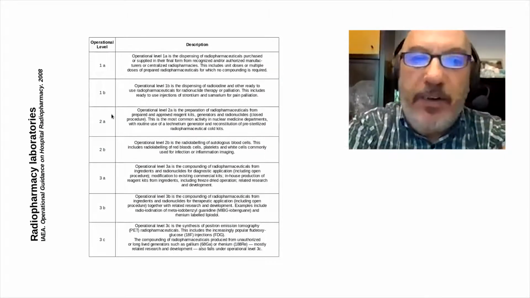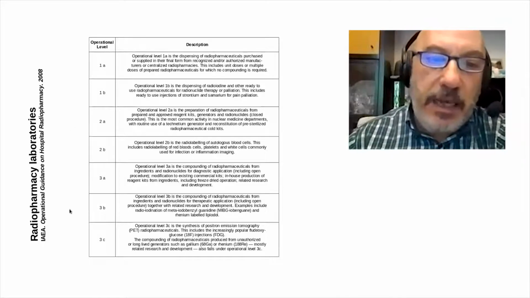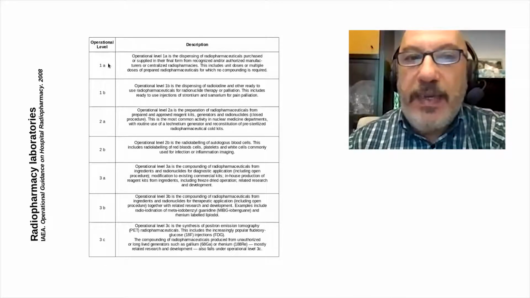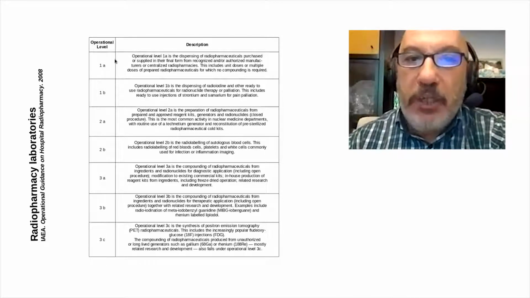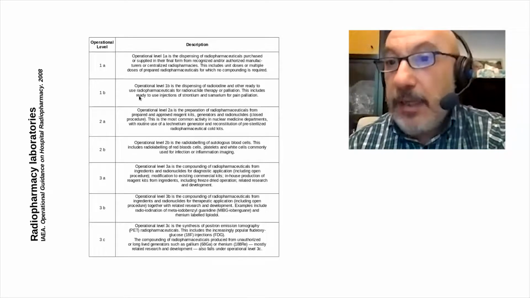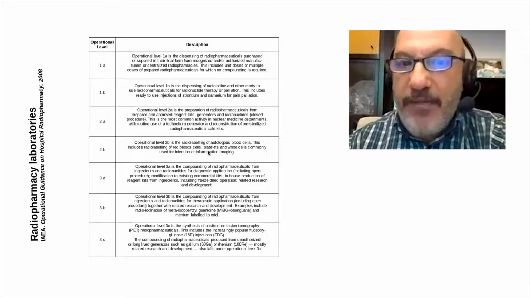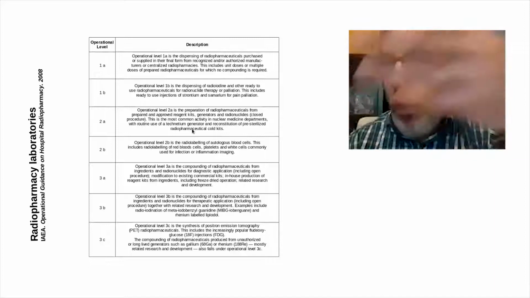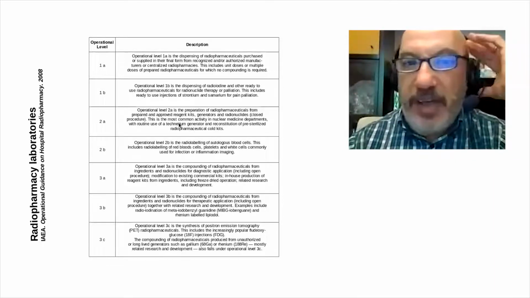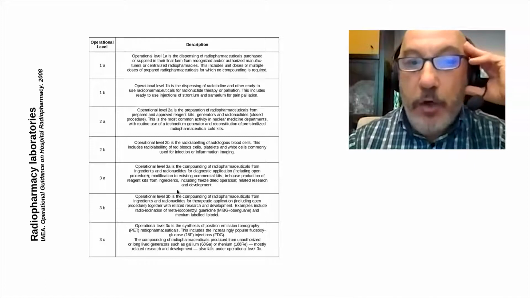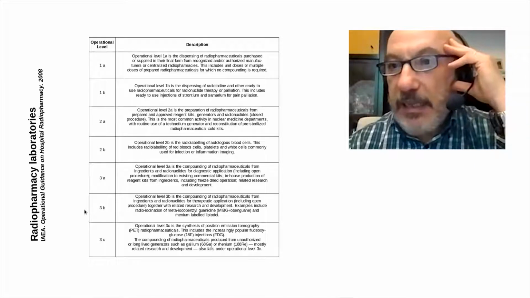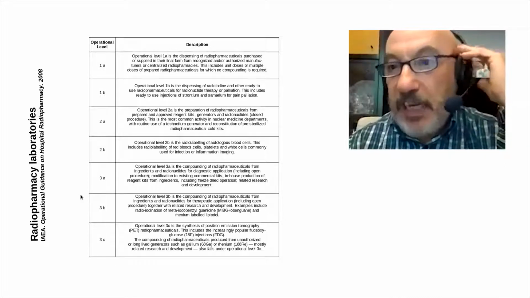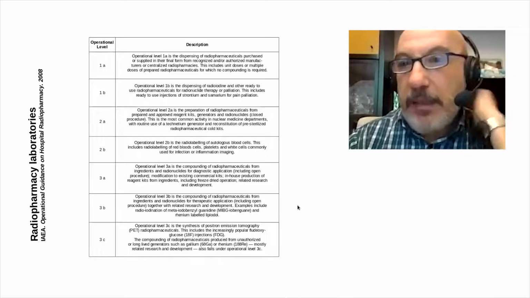As regards the radiopharmacy laboratory, the IAEA, in its operational guidance for hospital radiopharmacy, gives a classification of increasing complexity, going from operation level 1, that is substantially dispensing ready-to-use radiopharmaceuticals, to level 2, that is the most general situation in which one labels technetium kits based on the elution of a molybdenum generator, going to level 3, in which there is the synthesis of more complex radiopharmaceuticals, like some specific therapeutic preparations, or the synthesis of PET radiopharmaceuticals starting from raw materials.